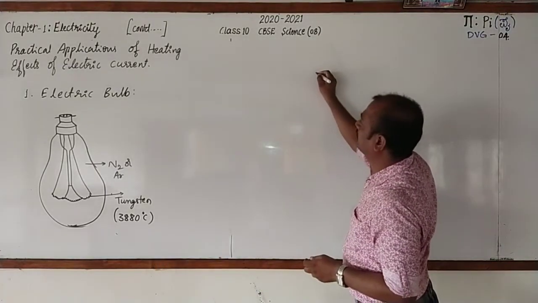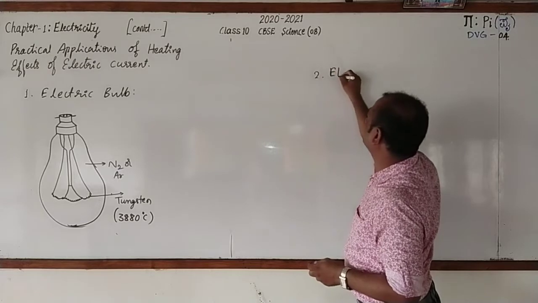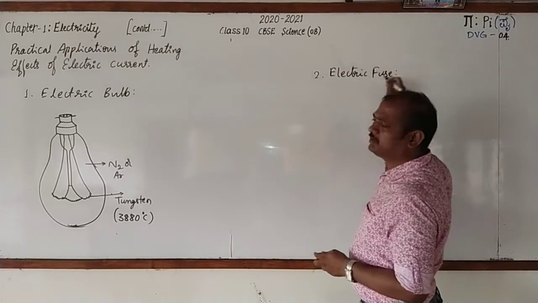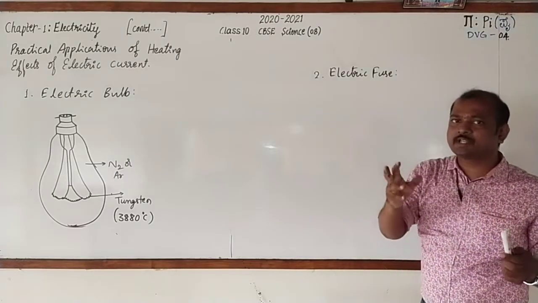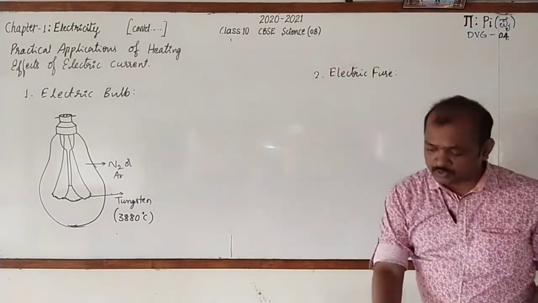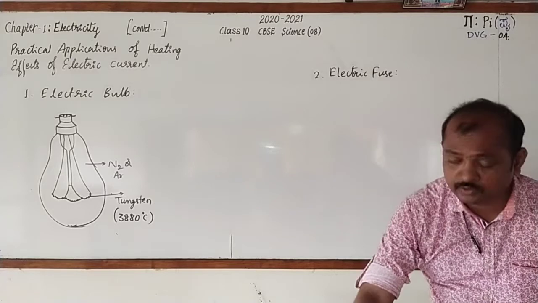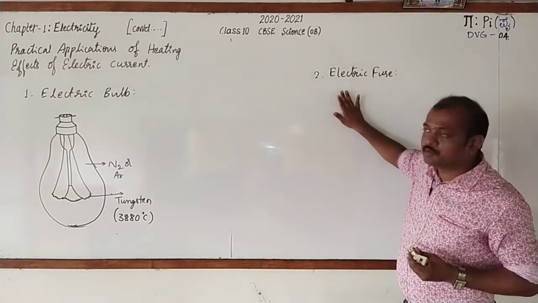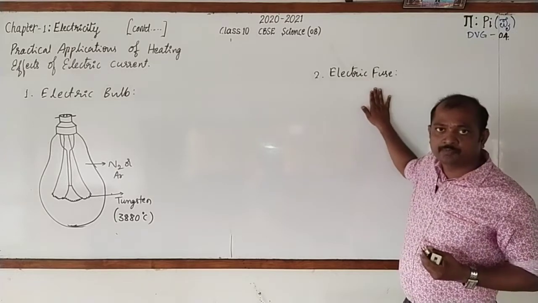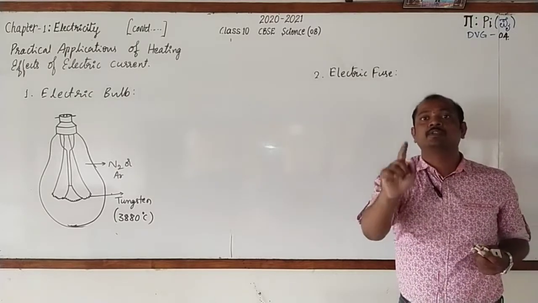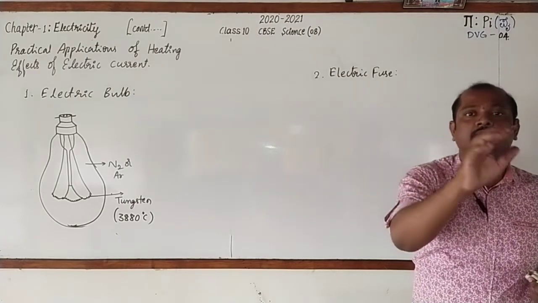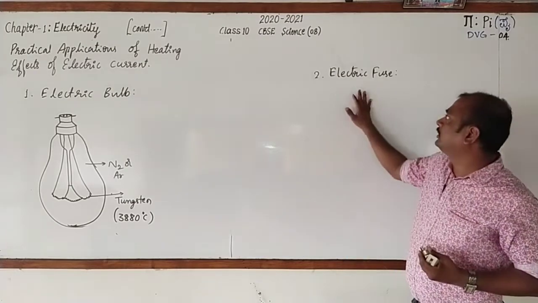Second one, electric fuse. There are different types of fuses. Now, the most commonly used fuse will be shown, once I tell you the definition of electric fuse. A safety device which breaks the circuit automatically when an excess amount of electric current flows through it is called an electric